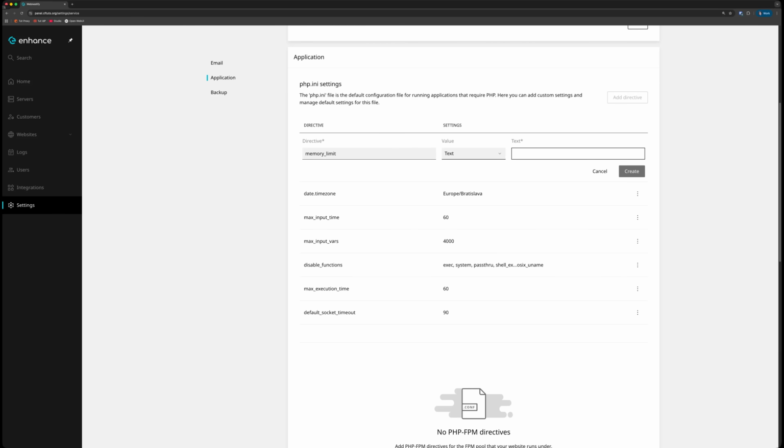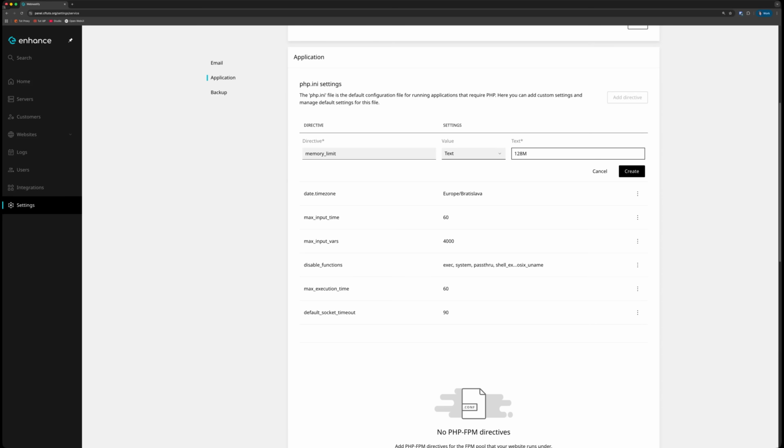And this sets how much memory PHP scripts are allowed to use. So depending on your server and the specs, like if you have 8 gigabytes or more system memory, I like to use 128 megabytes. And in some cases, if it's a seriously big WooCommerce website, you can play with 256 or 512 megabytes of